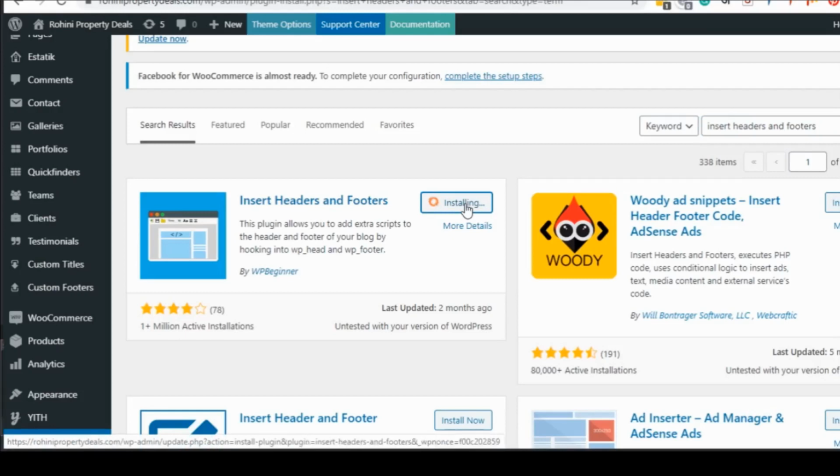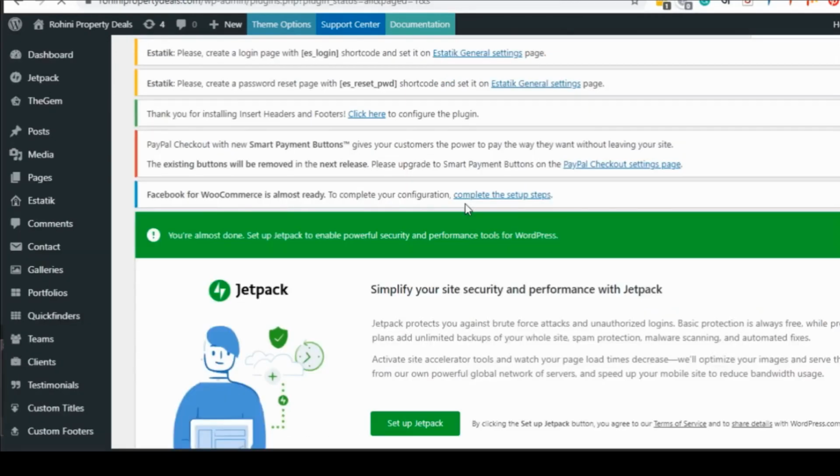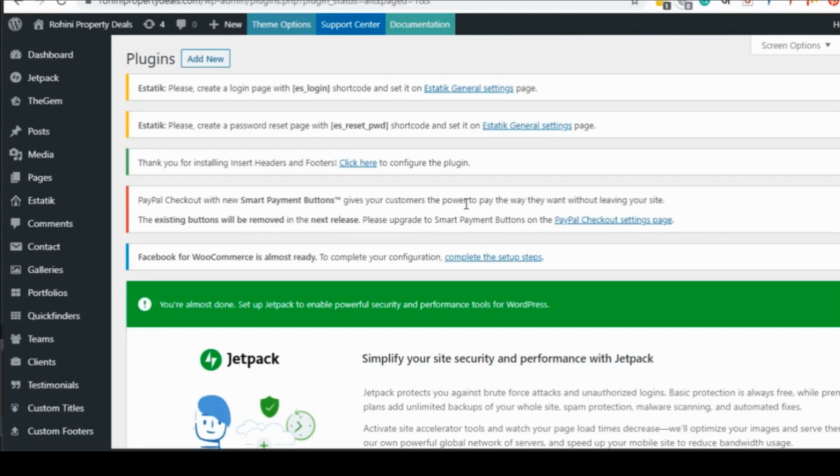Click on install now. After installing, click on activate. So if you are not having good programming skills, we advise you to use this particular plugin.